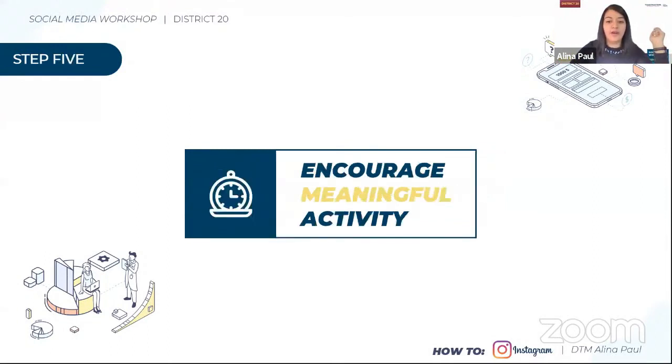And let's move on to our final step, number 5, which is to encourage meaningful activity. Now, far more important than likes and comments are actions like website clicks, posts that are being shared, and direct messages that inquire about what a specific post is about. So instead of waiting for likes and comments, you can use calls to action that really ask your audience to do something that's going to help your primary goal and send your audience to your plan. Now, for example,